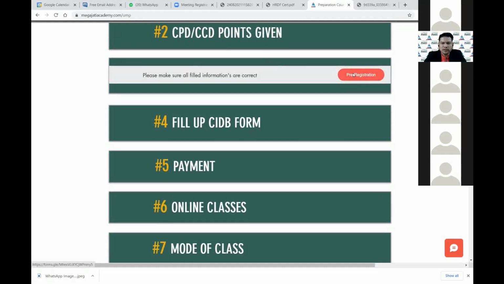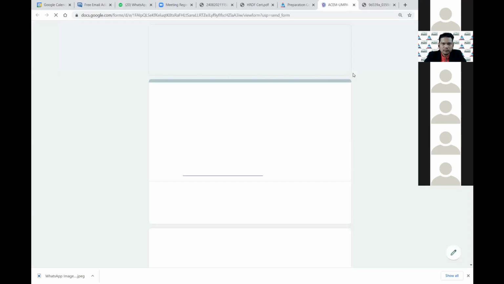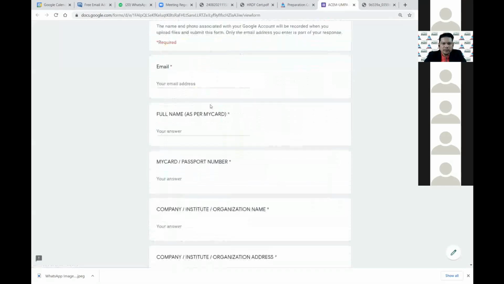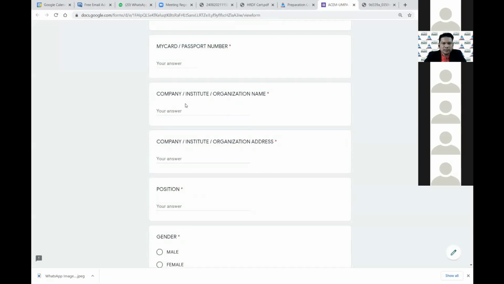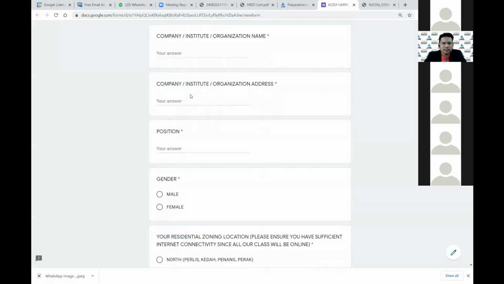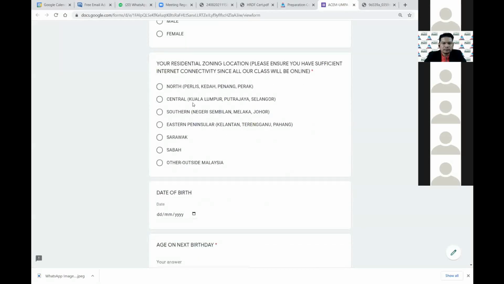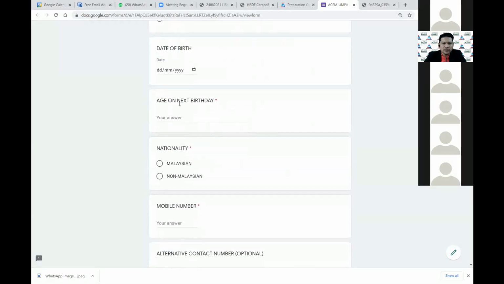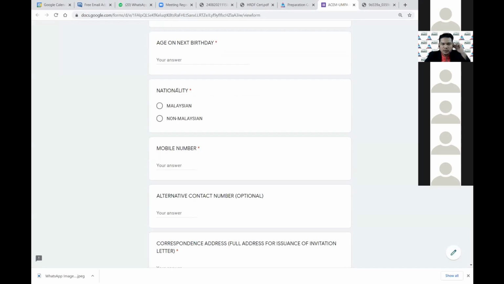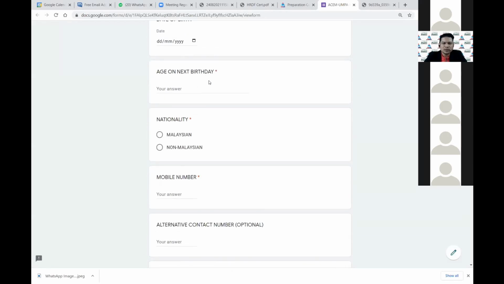Pre-registration, you go for this pre-registration form and fill up the requirements. You have email, full name, card number, company, organization name, institute, position, gender, your location, and date of birth, age, and next birthday. We want to know your birthday. It's not to send you a birthday cake, but just to ensure your sufficient working experience.